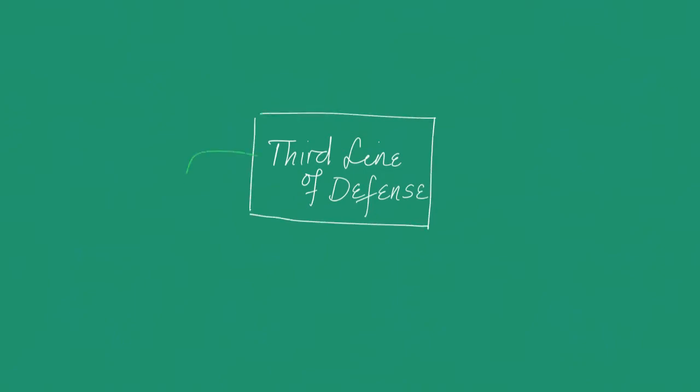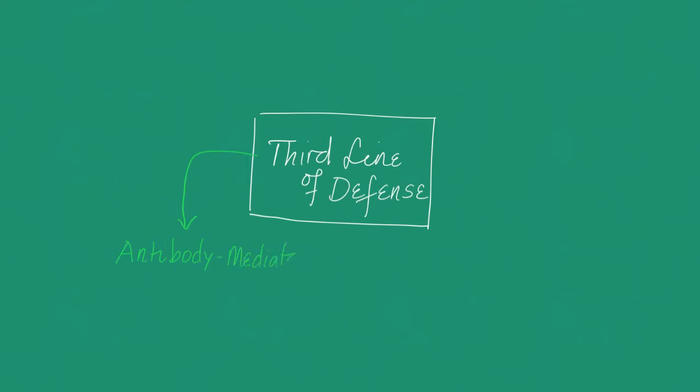To the third line of defense. The third line of defense is highly specific, and it is also much more sophisticated than the first and second lines of defense. Here we're dealing with B lymphocytes and T lymphocytes. We have two types of third line of defense: